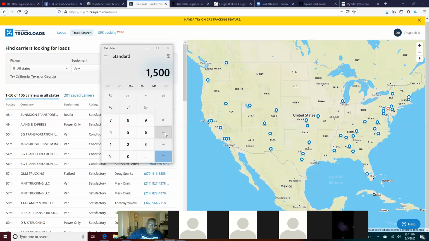So that 1,500 minus the 30% on your broker's fee is 450. So you take the 450 minus 30%, which is your cut. If we reverse it, that's 135.